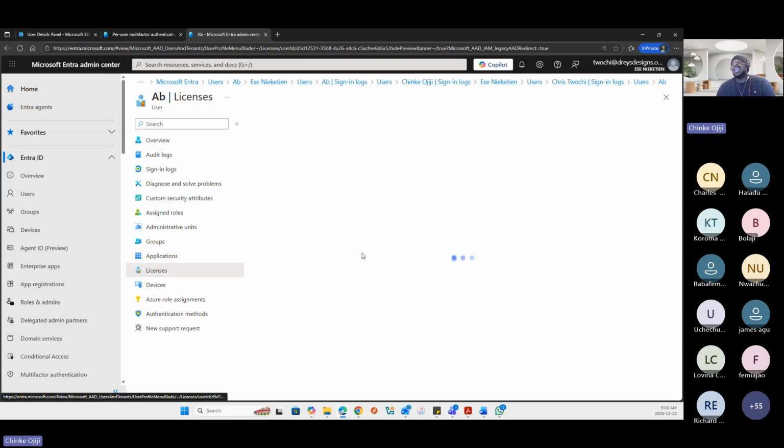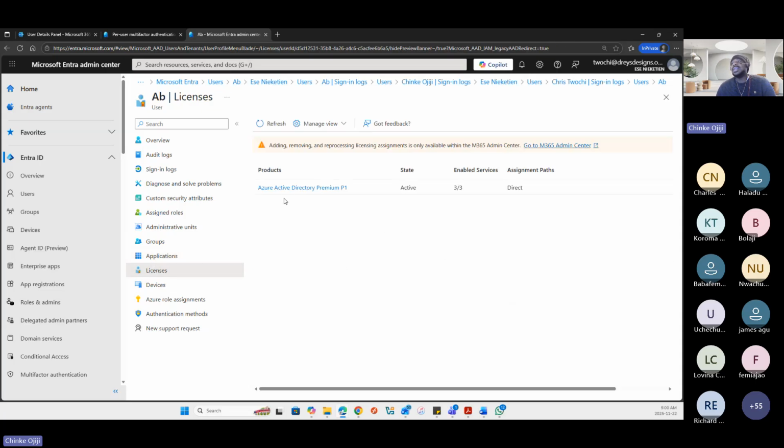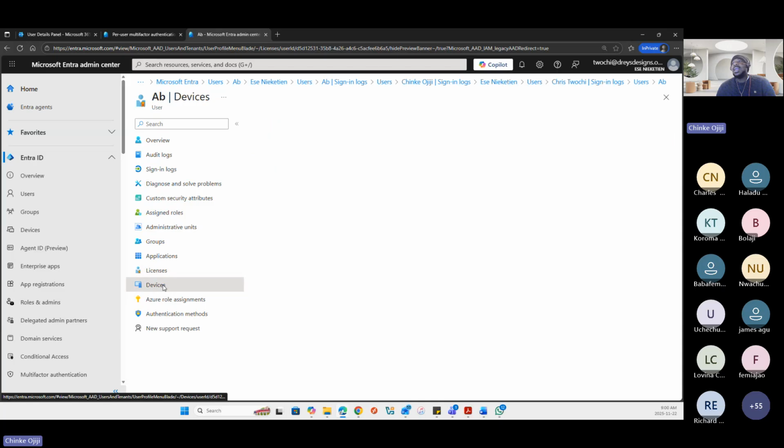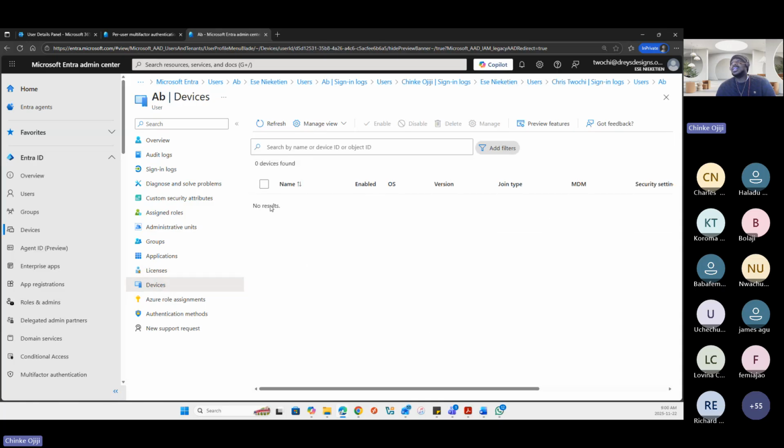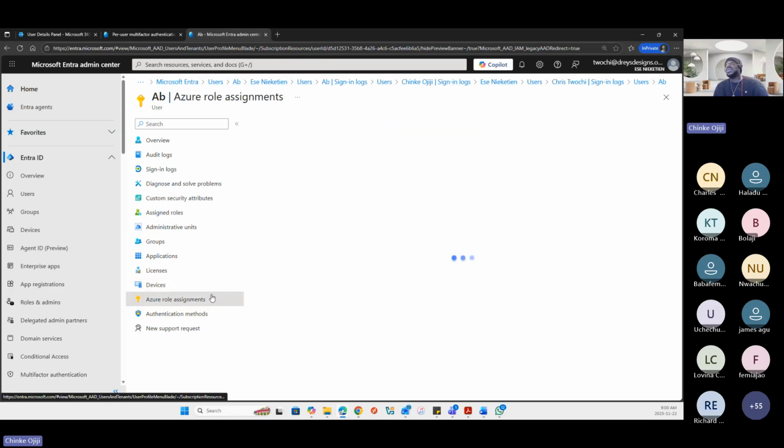And you can see their Entra licenses as well in here. You can see this has an Azure Active Directory Premium P1 in here as well. And you can see the devices linked to this user's account. And if they have a device that is joined to their Entra ID directory, you'll see it in here, as well as Azure role assignments.